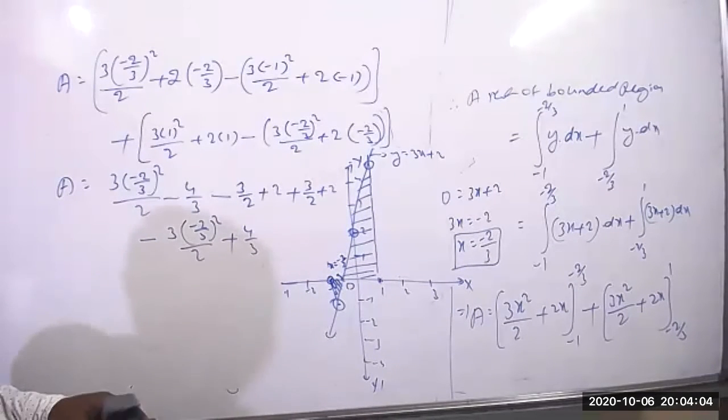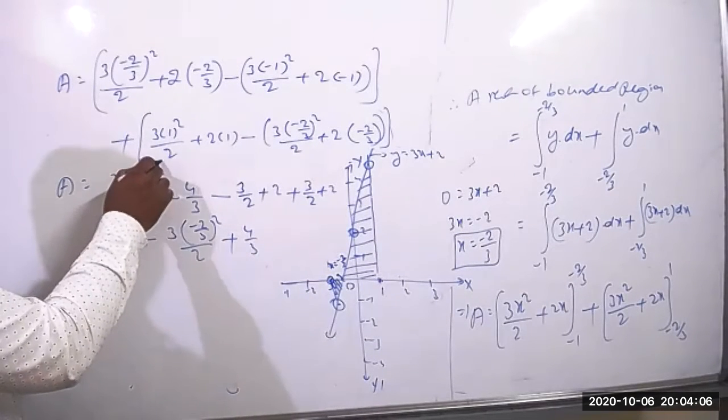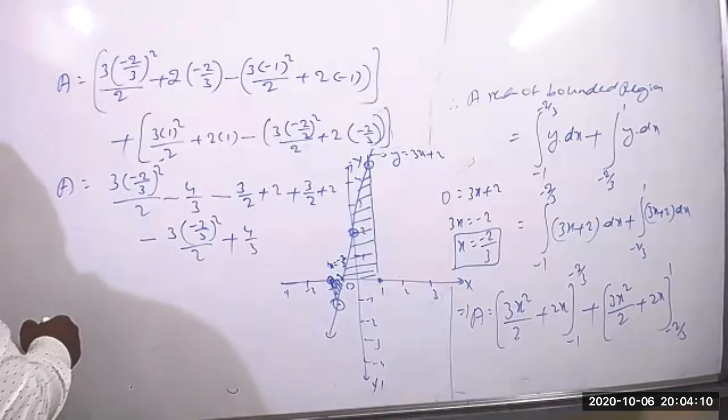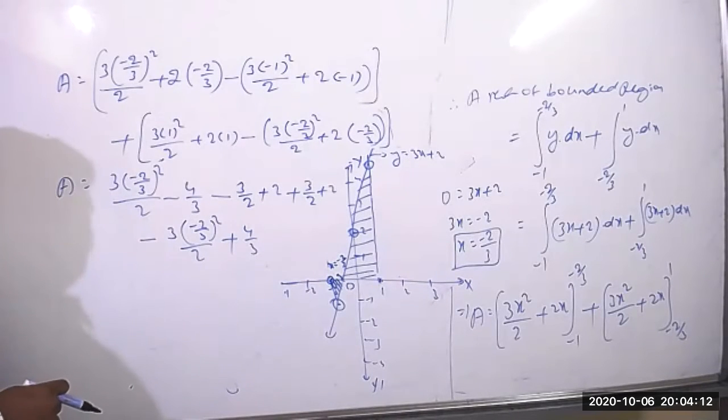Right now, that same thing. But here they gave some different answer. That's why I'm searching. Here they gave the answer, it is 13 by 3. Yes, sir, even I got 13 by 3. You got it now. Yes, sir.